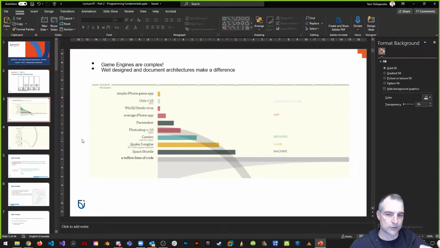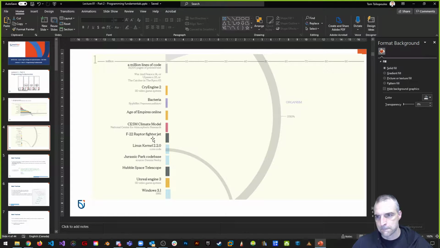But can you imagine that these different platforms require a game engine to create code for those different platforms? And how can you make a game engine that's flexible enough to do that, and easy enough to understand when it comes to coding and adding things to it? So think about in terms of millions of lines of code that we're talking about here. How many millions of lines of code do you think we need for different kinds of game engines? You can see that